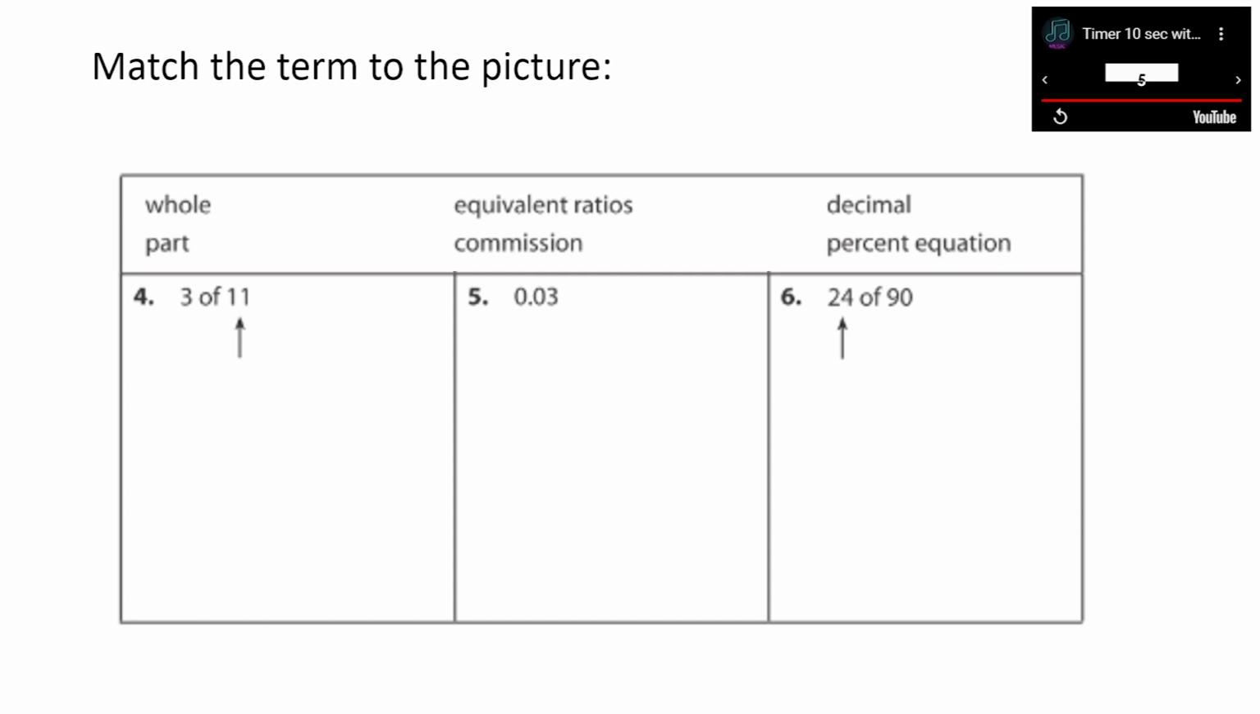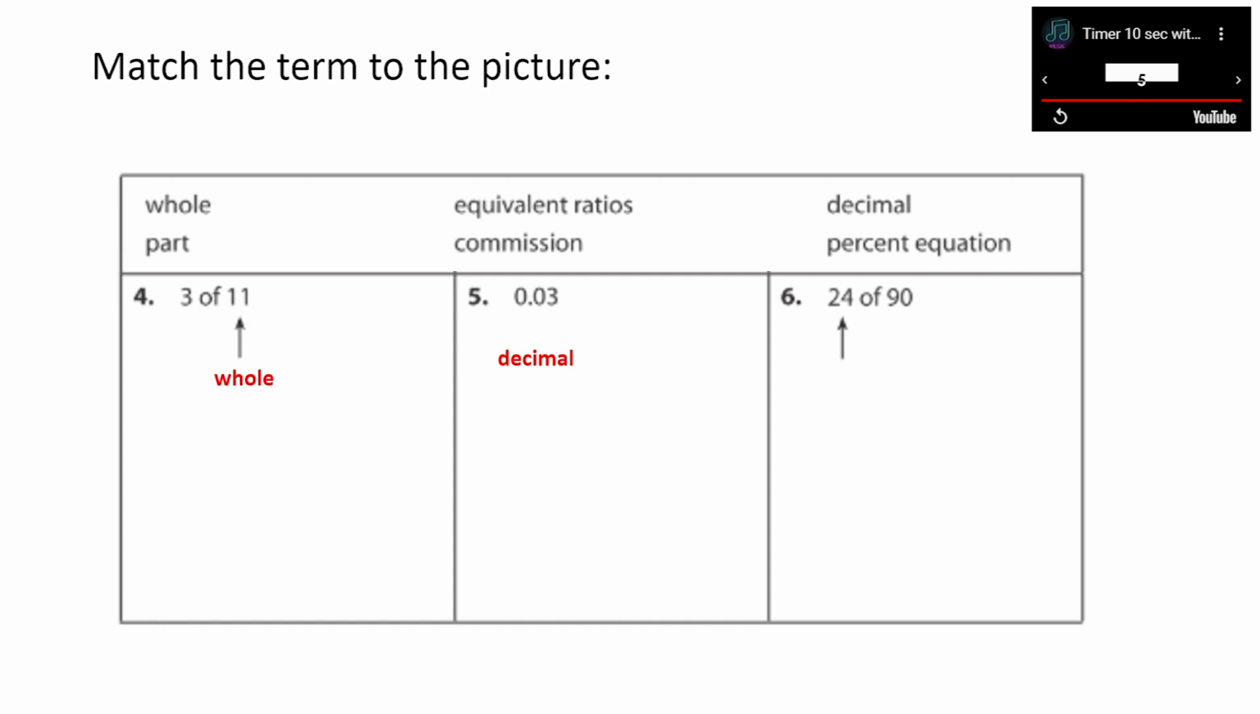For number 4, 3 of 11, 11 represents the whole. So remember, in the percent equation, part times whole equals percent. So 3 of 11 is that piece of the percent equation. Then in number 5,